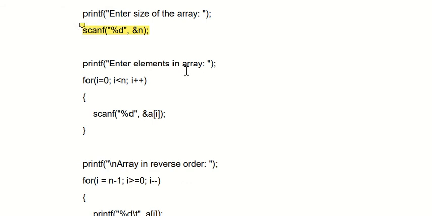So one by one now you have to enter the elements. For that we are using a for loop, and inside that for loop we are using scanf. The same thing, for i equal to 0, i less than n. And now I hope that you all are aware how a for loop works. So scanf %d &a[i]. Likewise we are going to enter 5 different numbers.